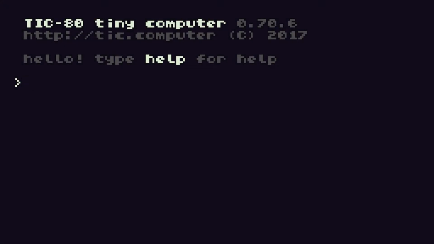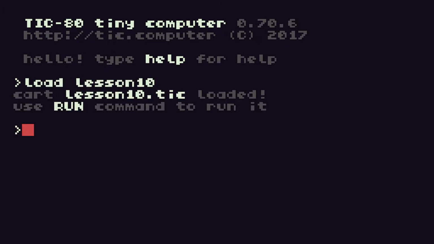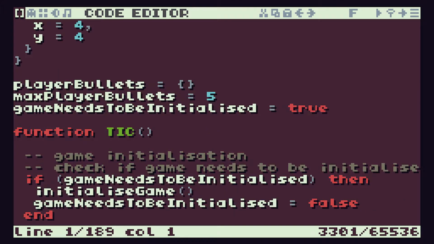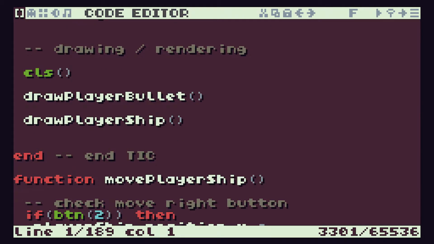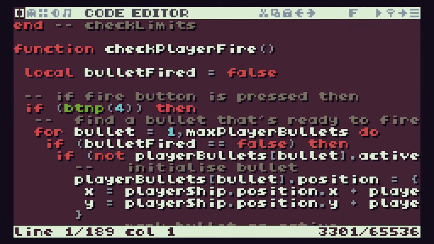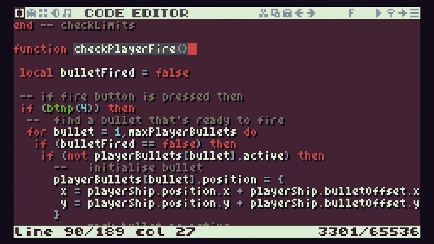So if we have a look in our code to find out where this problem is. I'm going to load in my lesson 10 code and come into the coding bit itself. If I scroll down here, the code we're looking for is in the check player fire function. So we have that here. And if I go to a smaller font size so we can see what's going on,